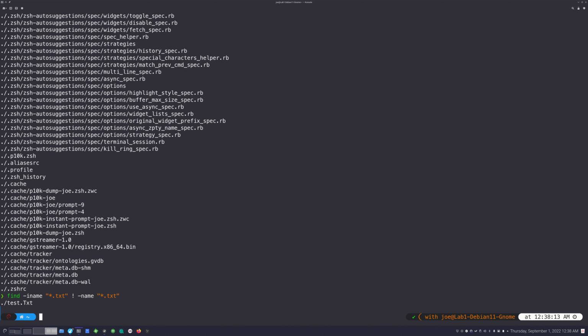Now, obviously there's an easier way to do this. I'm just doing this to demonstrate what these do, right? So this is going to find every file that has the .txt extension no matter what its case is. So it's going to find all files that have .txt in their file extension, but then I'm negating anything that has a lowercase .txt because I left off the I in name here. It's just name. So basically anything that is all lowercase is going to be negated.